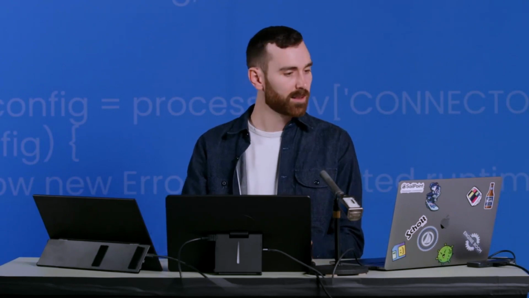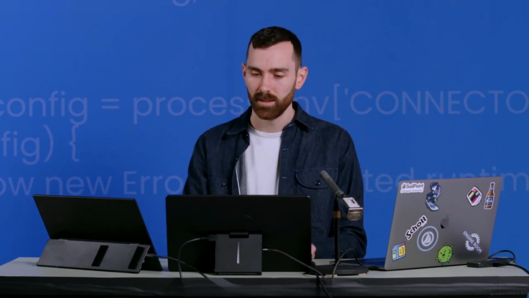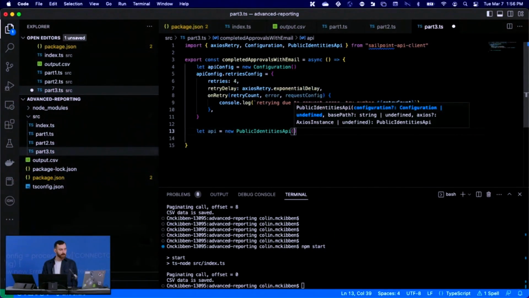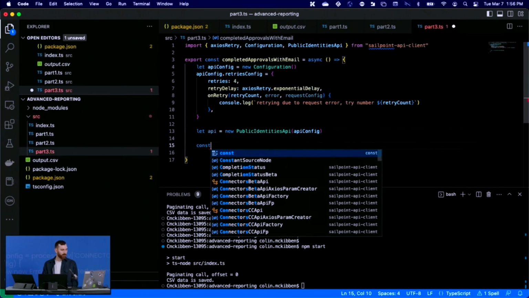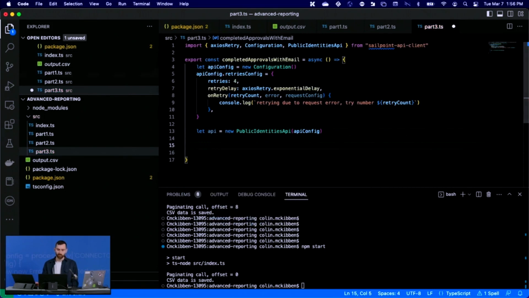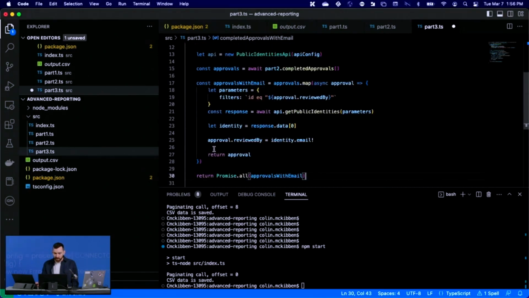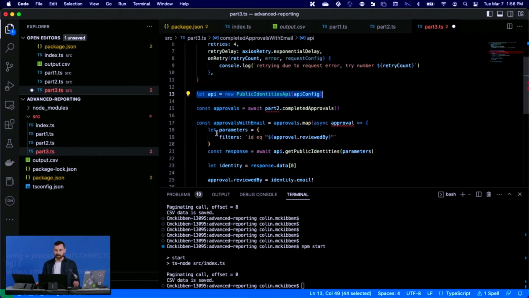Okay, so next, I'm going to do a public identities API because I need to get information about an identity in order to resolve that owner ref. Just to make sure I can get through this, I'm going to paste this here and we're going to walk through it. So I initiated the public identities API. I gave it the retry config, and then